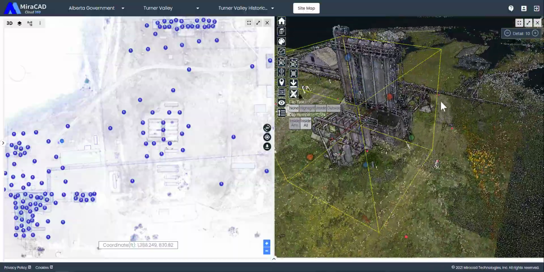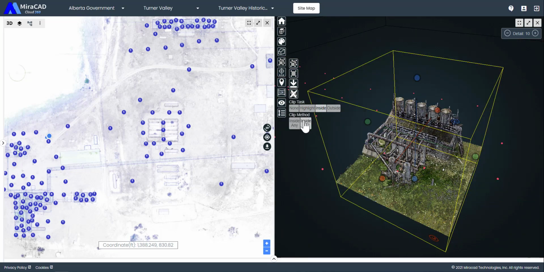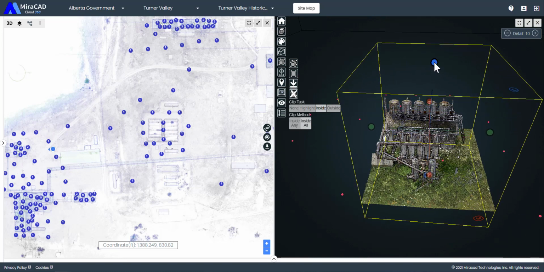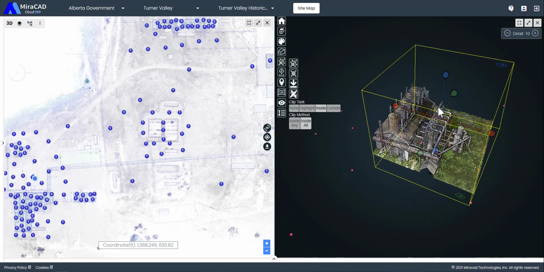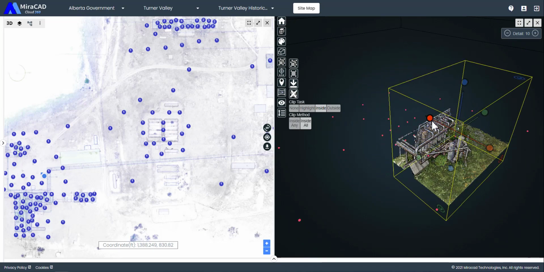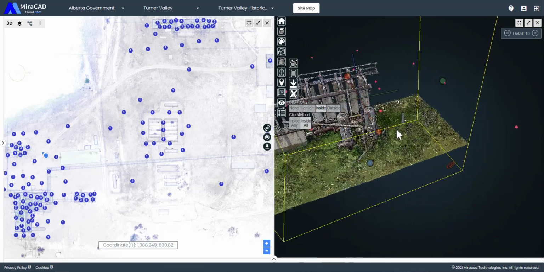Then we can go back to our clipping functional tool set and select the clip task inside and clip method inside all. What we're asking the system to do is clip all of the data that is inside our clipping box and remove all of the other point cloud data. We have to select the inside all option because we are already inside the clipping box, which encompasses the entire